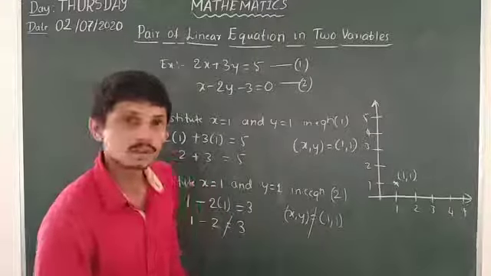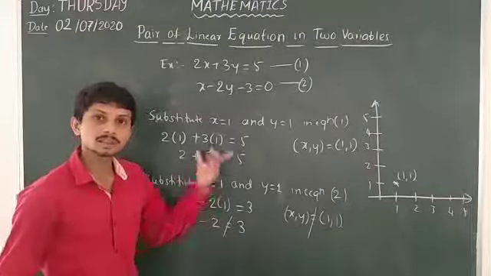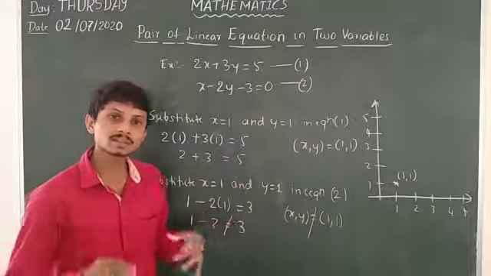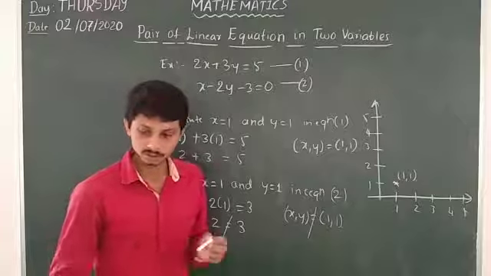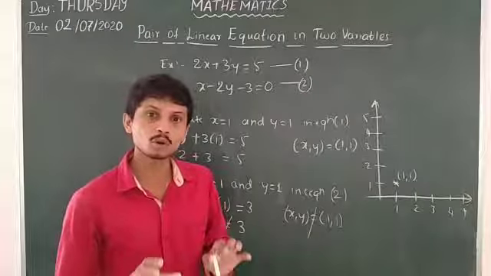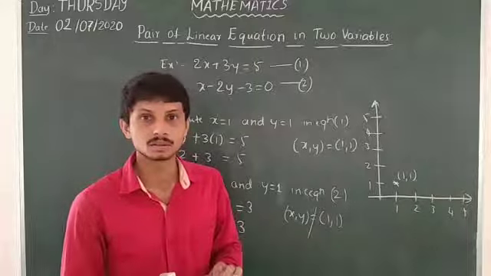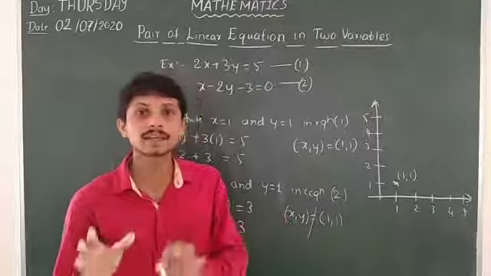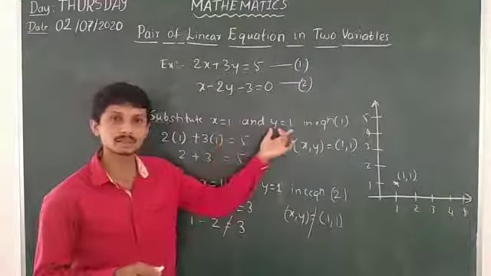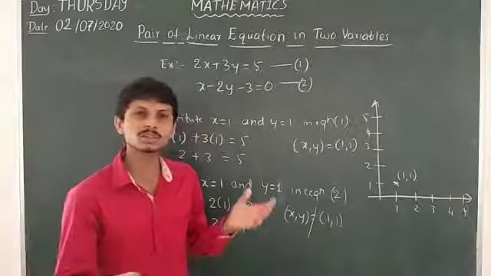So we can't express this coordinate or this coordinate for this linear equation in the coordinate system. So does this equation have any other solutions? This means that every solution of the equation can be expressed as a point on a straight line. So one of the solutions, x is equal to 1 and y is equal to 1, is the solution of this equation 1. There may be other solutions of this equation 1.